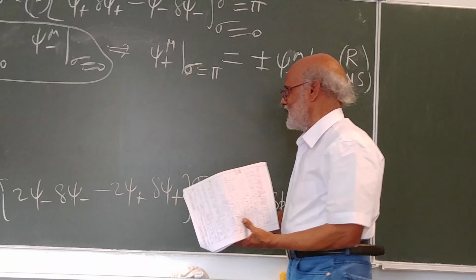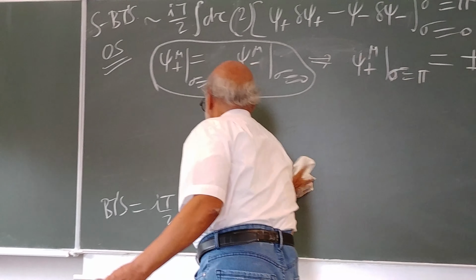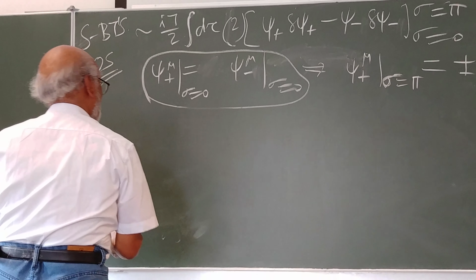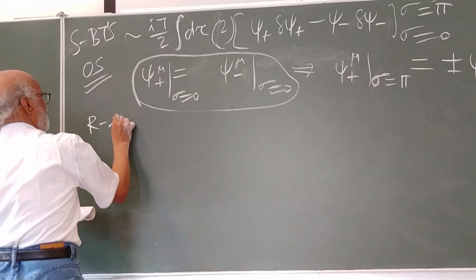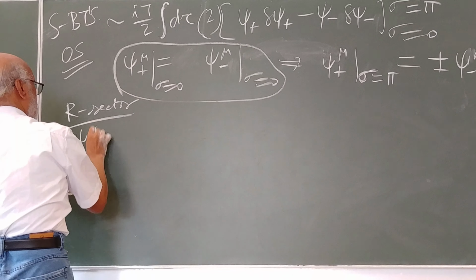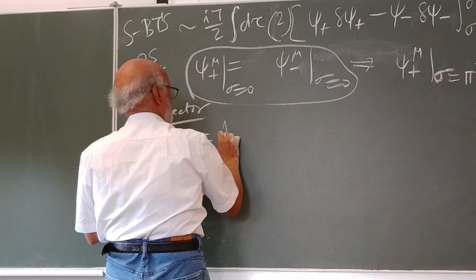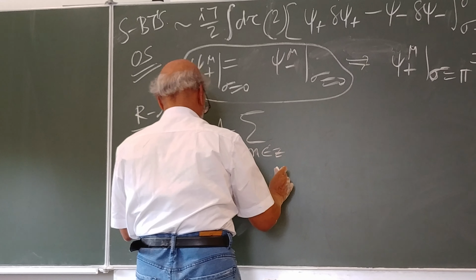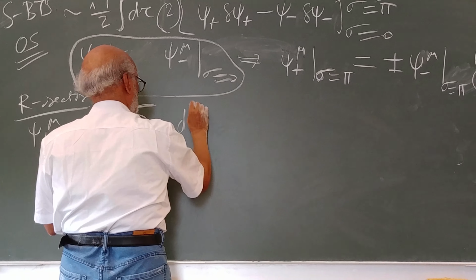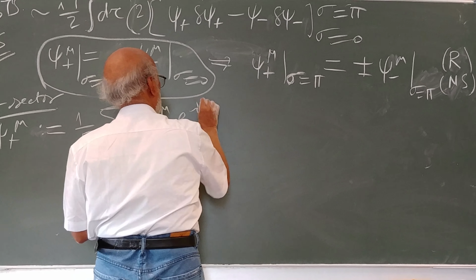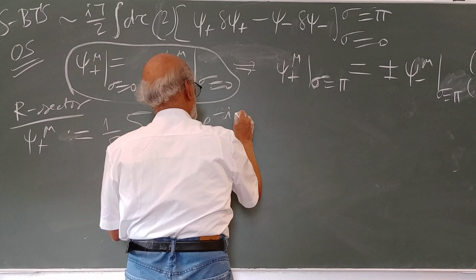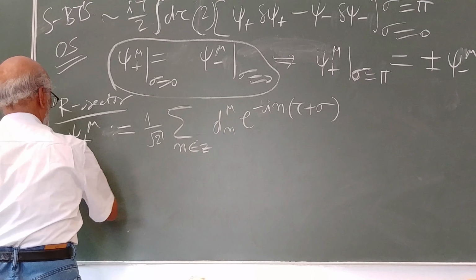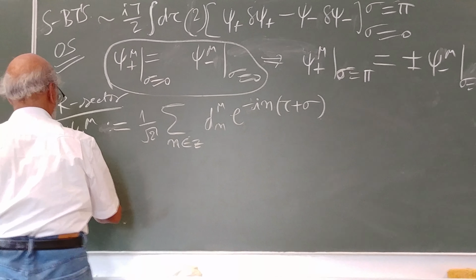In these two cases, we could write down the mode expansions for our psi. In the R sector, psi plus mu is defined by, these are normalization factors, and from the n is a real number, d mu n e to the power minus iota n into tau plus sigma n, psi minus mu h